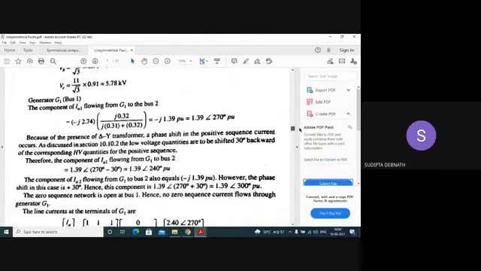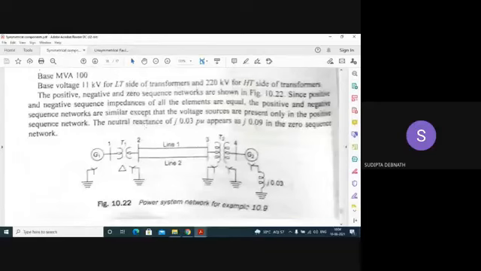So, if it is operating under no load condition, IB and IC are 0, but as soon as a single line to ground fault occurs, there will be some current IA. Now, that fault current IA is supplied by this generator and by this generator also. This generator current is going in this direction and going to the ground. This current is going in this direction and going to the ground. Only for phase A I am talking about. So what will happen? The contribution will come from both the generators. The fault current will be contributed by both the generators.